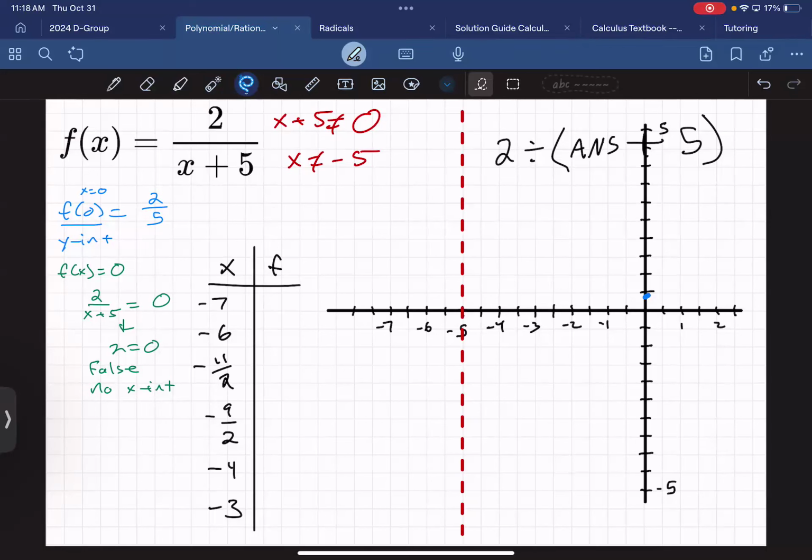Should we have -1? What's -7 plus 5? If you owe someone $7 and you give them $5, how much is left over? You still owe them 2, right? And then 2 divided by 2 is 1, right? So it's supposed to be -1,